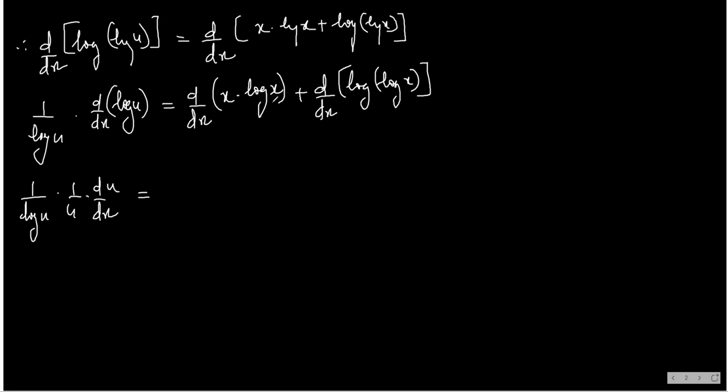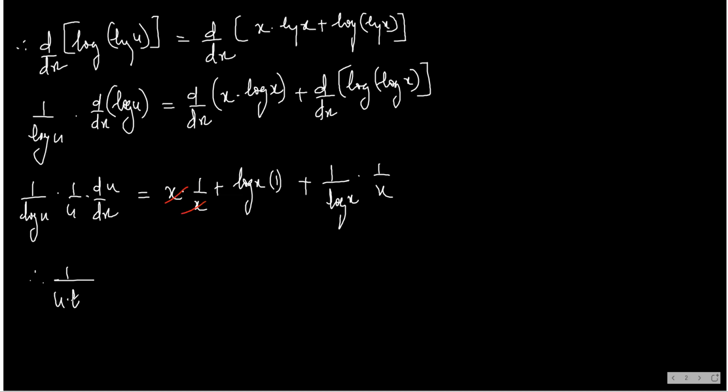And here we have x multiplied to log x. So product rule. X into derivative of log x, 1 upon x, plus log x into derivative of x, 1. Plus this is d by dx of log x, so 1 upon log x into d by dx of log x, which is 1 upon x. Now I notice that these two x cancel here. So the next step I get, 1 upon log u into u, that is u log u into du by dx equals to,